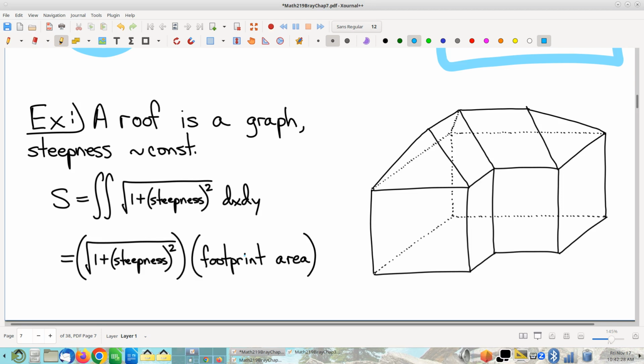Use your imagination, right? I left out the windows and the aesthetic features, but this is roughly the shape of a house. And as I'm sure you've noticed, roofs consist of various triangles and parallelograms, etc., right? Look up at any roof and you're going to see a bunch of different faces. Okay, so let's suppose that someday you're a homeowner and you need to put a new roof on your house